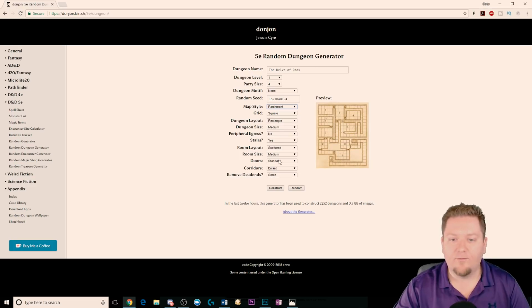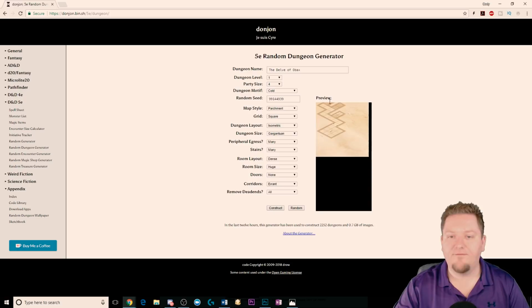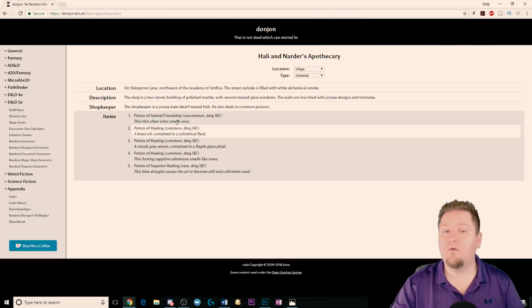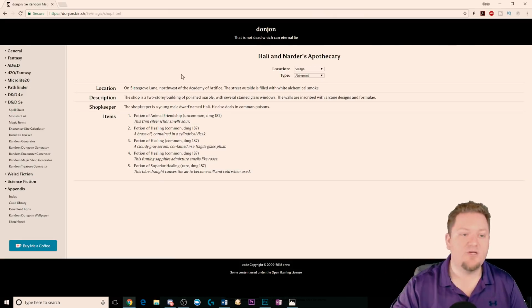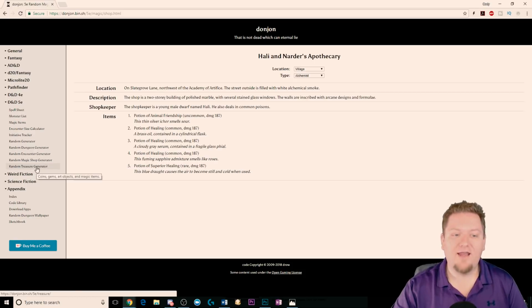You can add in rooms. Let's say room size. Let's make the room sizes a little bit bigger, and you can randomize it. There's just a whole lot of really cool, fun stuff that you can do. It actually has isometric as one of the things you can do there. But I really like this tool for two specific generators, and that is the Magic Shop generator and the Random